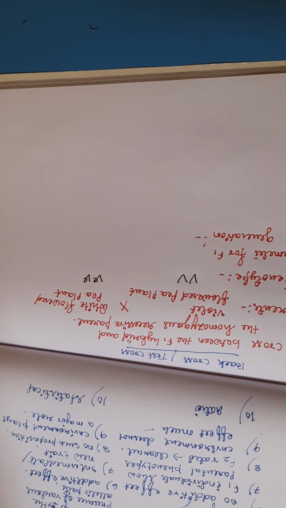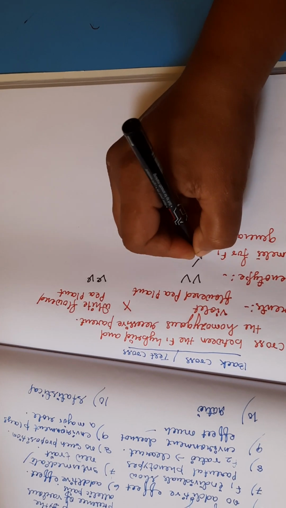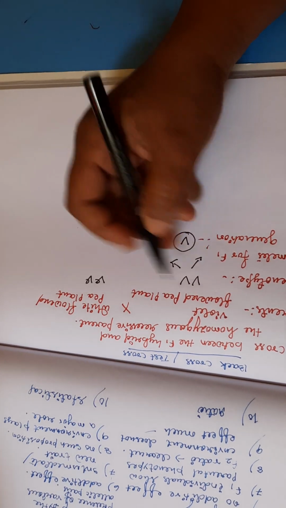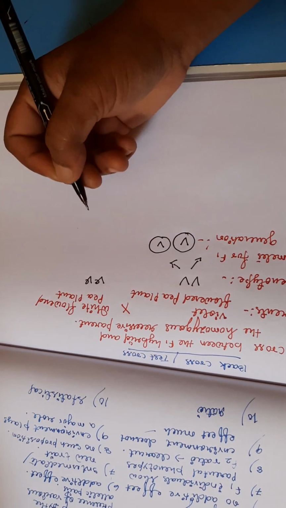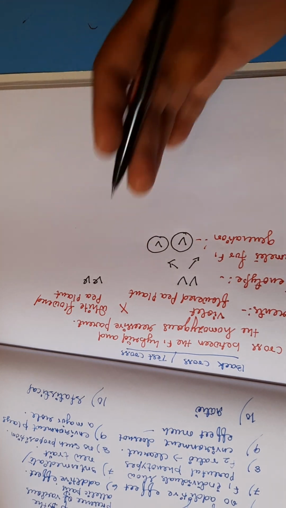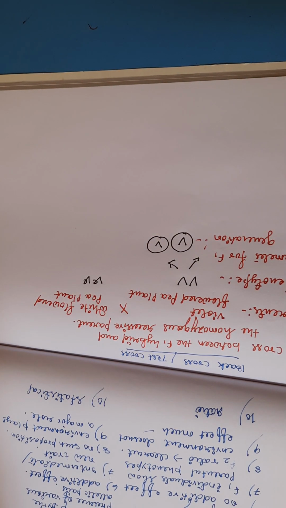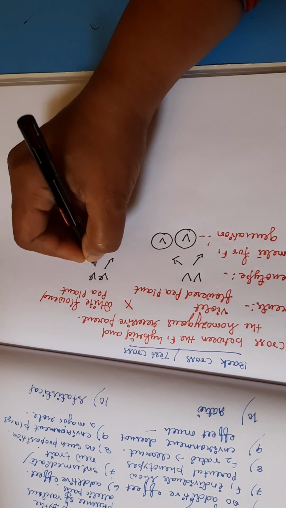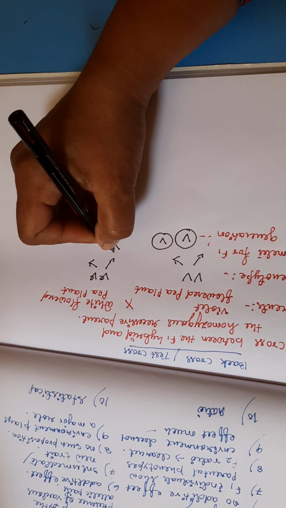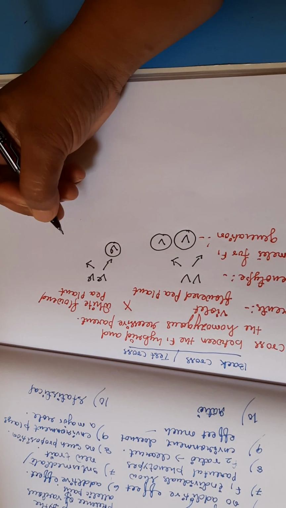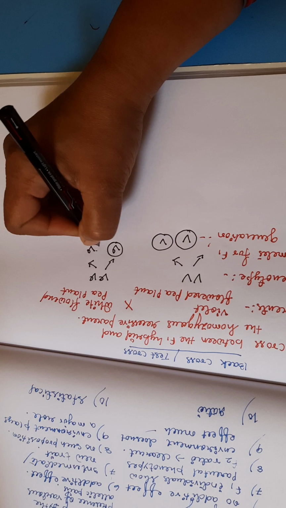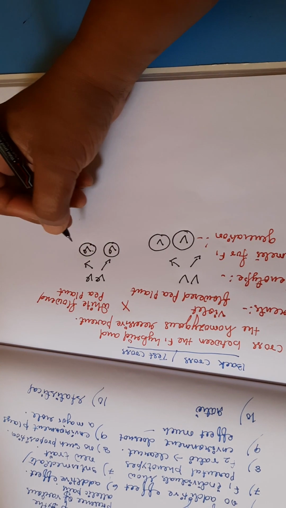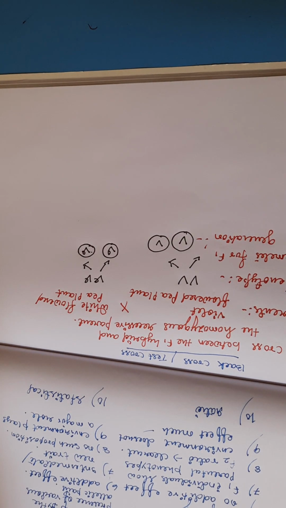During meiosis, when this plant will produce the pollen grains, 50% of the pollen grains will receive this complement of capital V, other 50% will receive the other complement of capital V. So basically all the pollen grains will be having the same genotype, that is capital V. When this plant will be producing the ovule, then 50% of the ovule will be receiving this complement of small v, and the rest complement of small v will be passing on to the other 50% of the ovules. So the F1 generation